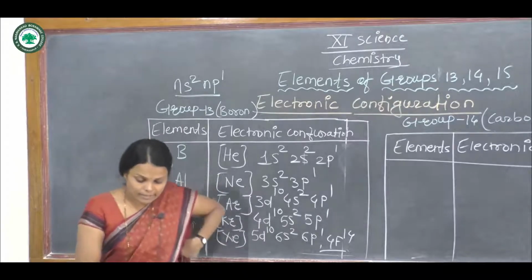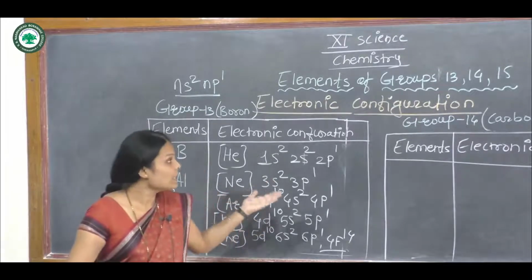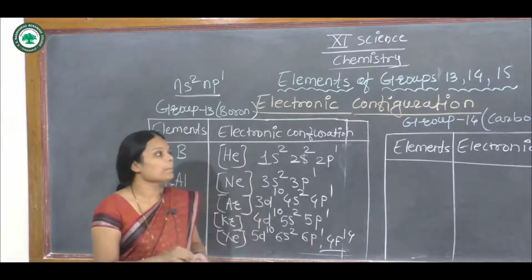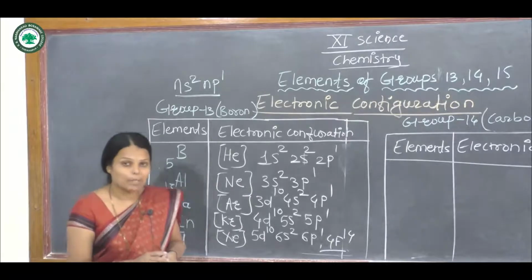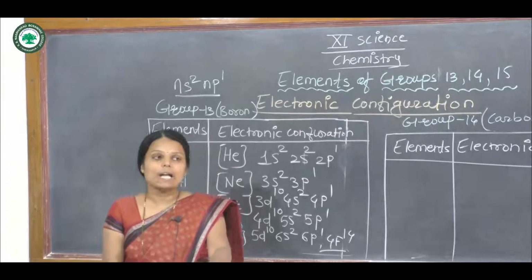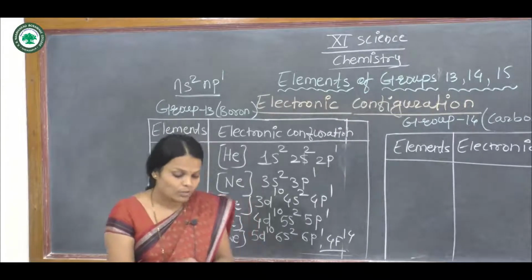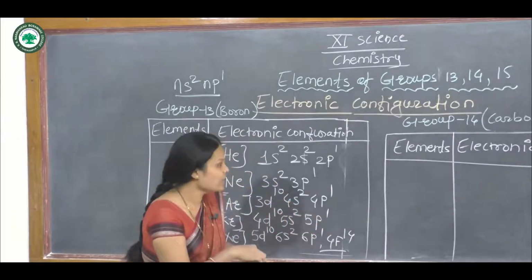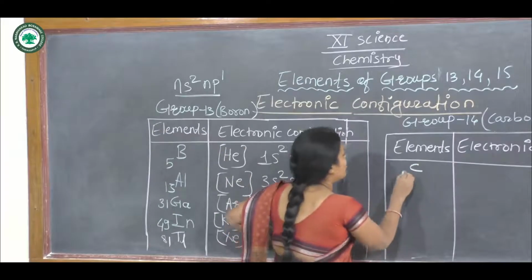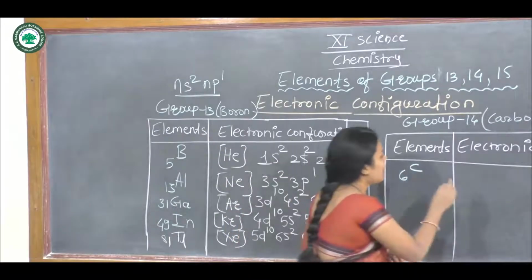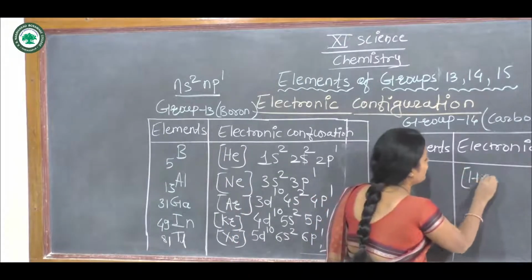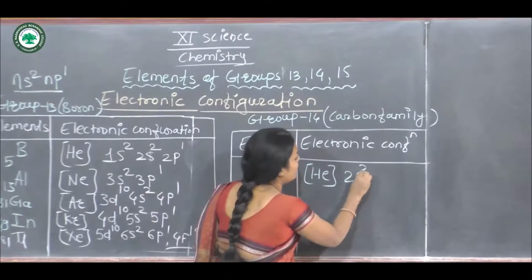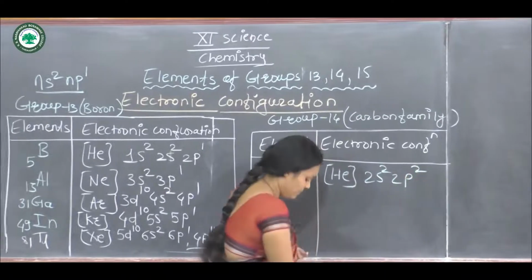Now the next family is group 14. We know that it's the carbon family, in which the first element is carbon. We know that its atomic number is 6. Carbon is represented by helium, and its electronic configuration is 2s2 2p2, because